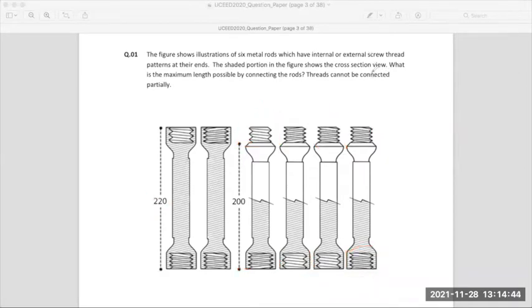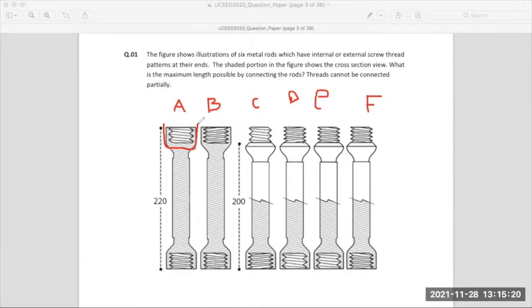So how do we do that? First thing, this is complex and that's why I'm explaining directly. I'm not giving you some time here. First thing we do is mark them A, B, C, D, E, and then the letter F. If you are not clear at any point in time, please interrupt me. Okay. So we mark these different screw threads and we say, okay, A has these 3 threads.